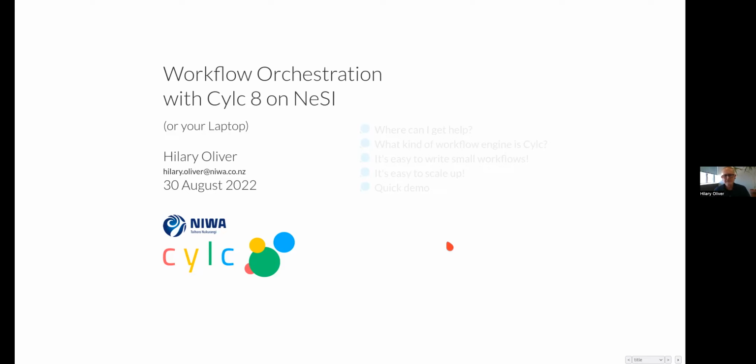Another advantage of using a workflow system like Cylc is if you're running your workflow, however complicated it is, and then you stop it or it gets killed. Well, let's say you're running one of NeSI's interactive Slurm sessions and you run out of time and Slurm kills your workflow scheduler and all of its jobs. Well, that's no problem with Cylc.